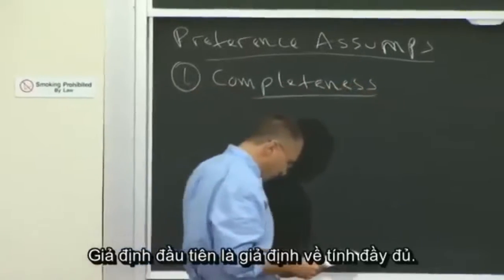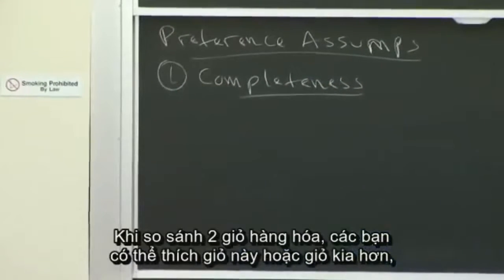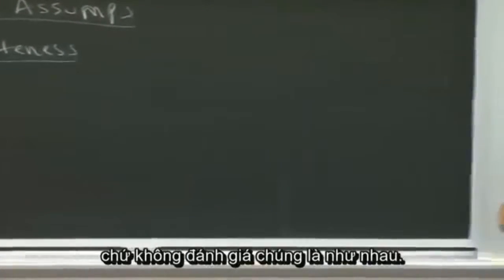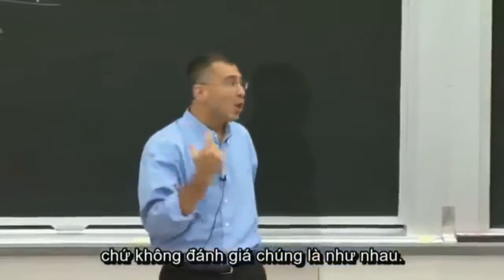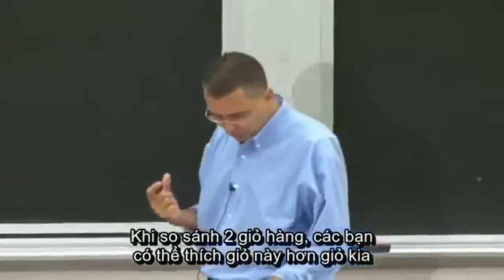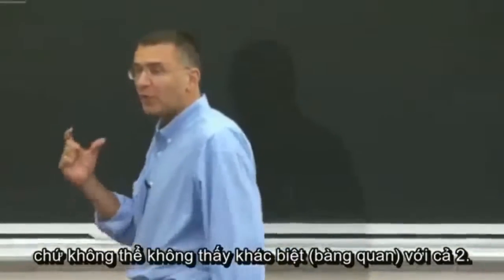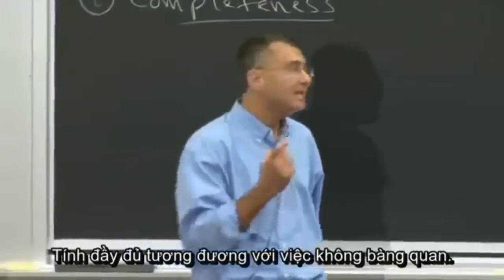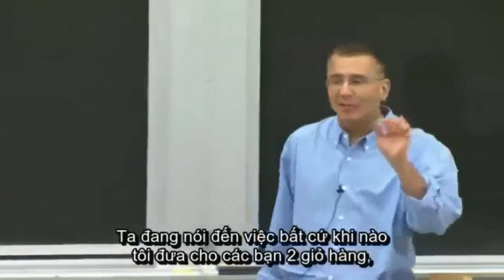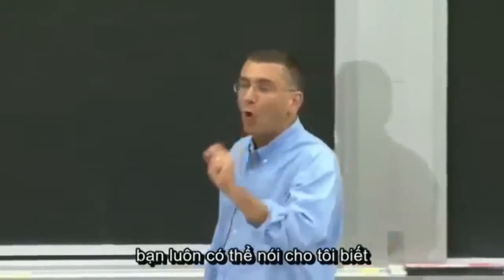The first assumption is the assumption of completeness. When comparing 2 bundles of goods, you prefer one or the other, but you don't value them equally. Completeness is the same as no indifference. So what we're saying is whenever I offer you 2 bundles of goods, you can always tell me which you